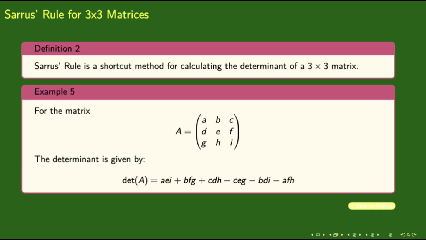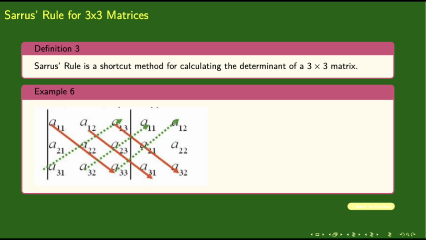Let's talk about Sarrus's rule, one of the widely used tricks for calculating the determinant of a 3x3 matrix. This rule applies only to 3x3 determinants and not to any other sizes. The rule is as follows. Take the first two columns of the determinant and copy them to the far right, creating a new matrix with 5 columns. Then, calculate the sum of the products of the elements along the main diagonals, downward sloping, and subtract